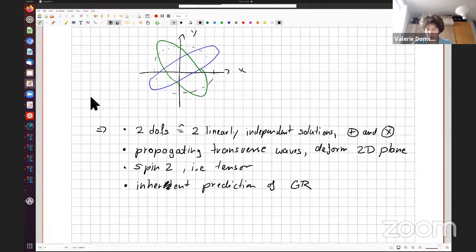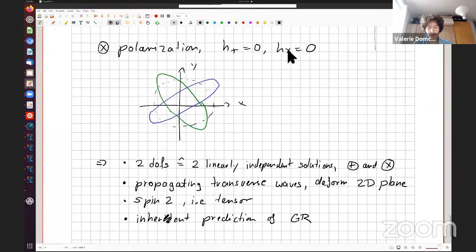And maybe one more note. Here we've talked about the plus and the cross basis. Sometimes people also talk about the left and the right basis, h_L and h_R, just in case you ever come across this. These are related, again very similar to electromagnetism, to these two by h_plus plus or minus i h_cross. So it's just 2 different linear combinations, but at the end of the day, you have 2 degrees of freedom that you want to describe.